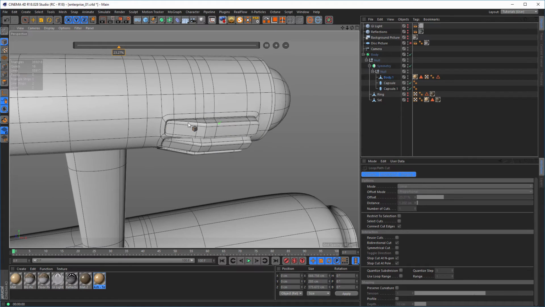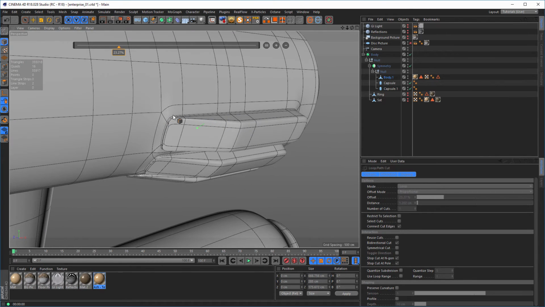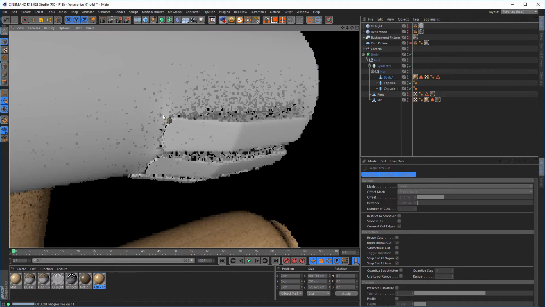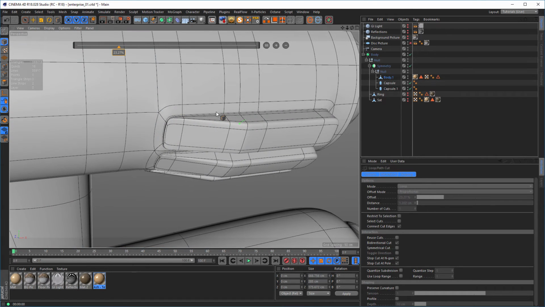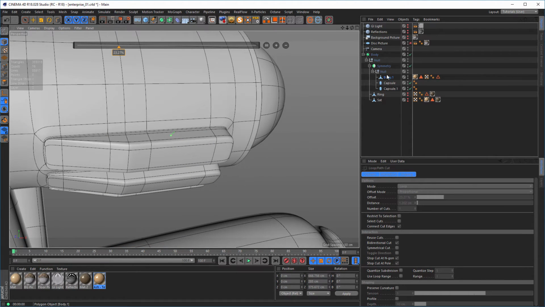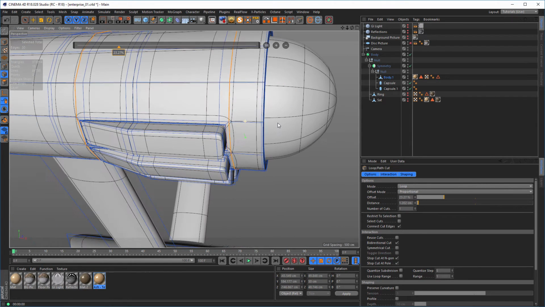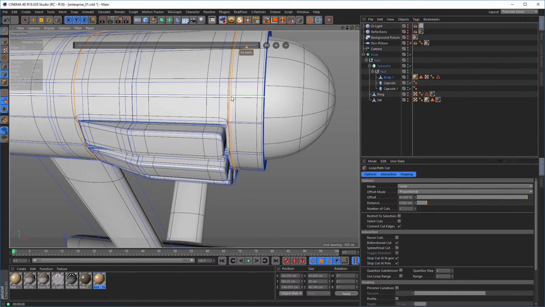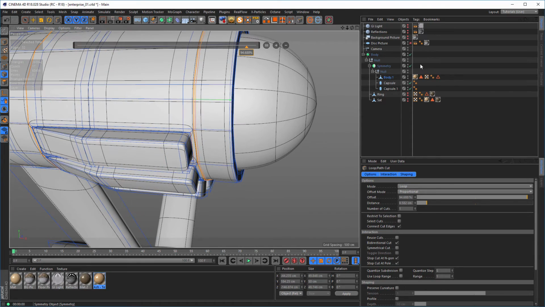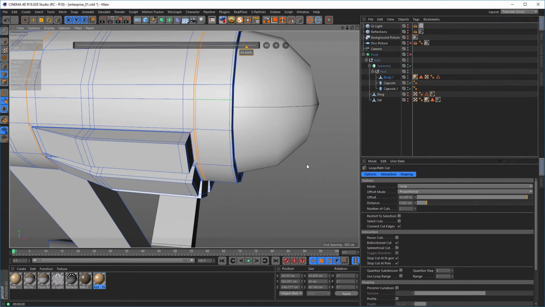Okay, here I see some little problem. It's not really a problem, but little, because if we later on texture this, we won't see this. But here we have something too, so I go in the edge mode again, and here I select this edge with double click and have the loops. Let's make it without it. So